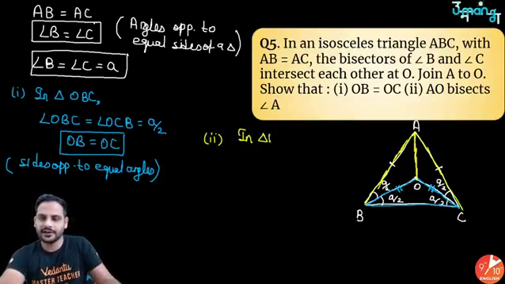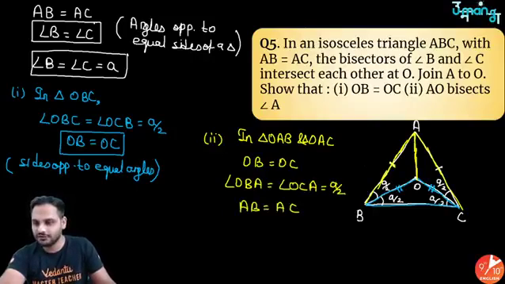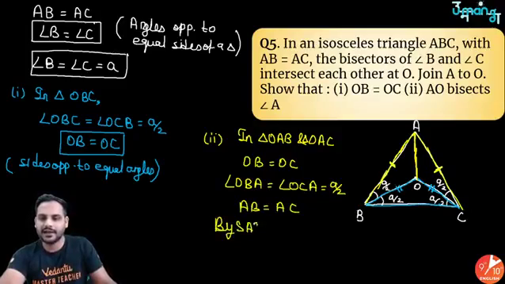So in triangle OAB and triangle OAC, first, we know OB is equal to OC, just proved. Then angle OBA is equal to angle OCA because both are equal to A by 2. And then AB is equal to AC was already given. When you show everything in the diagram, it becomes very easy to visualize that it is side angle side, side angle side. So by the side angle side rule,